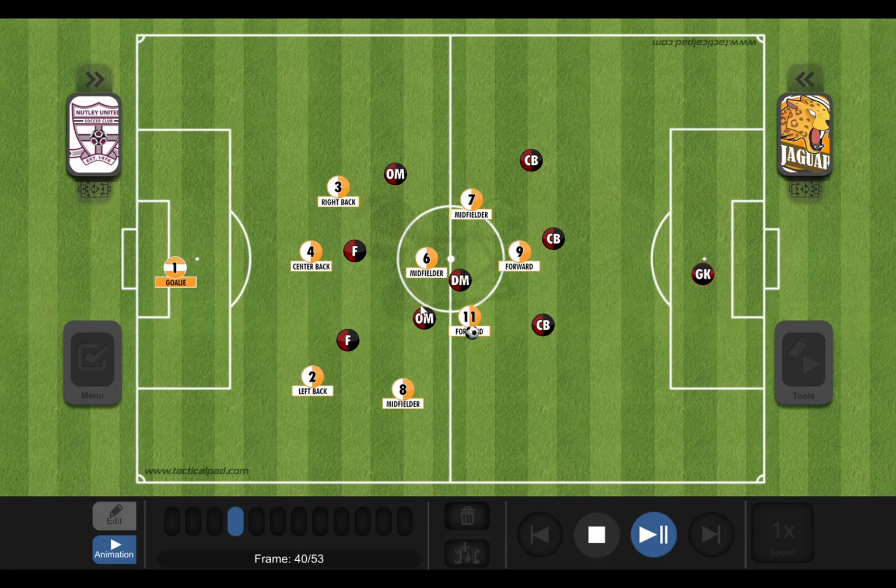Again, here's going to be a little give and go, right? As soon as 8 passes to number 11 here, he sees there's a lot of pressure, right? So number 8 decides to make a run here, and I can do a little session on give and goes as well, as a refresher for everyone, because it's a very important aspect of soccer here. So